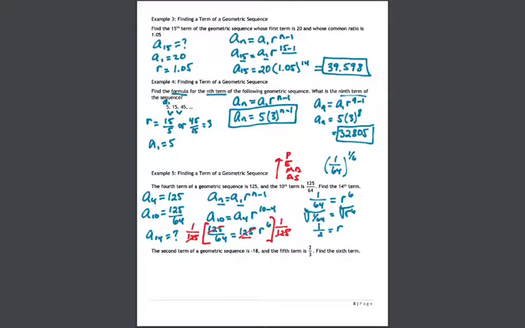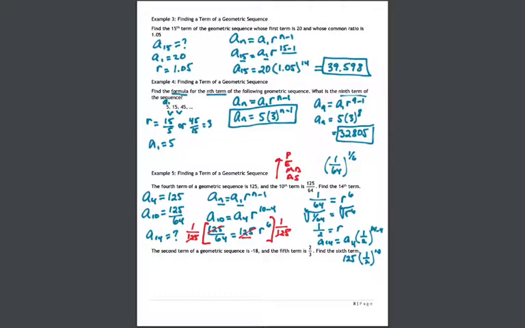So I don't know where I'm going to write this, but let's see. To find the 14th term, we're going to take the first term, multiply that by that r value, which is 1/2. I'm sorry, I can't use the first term. I don't have it, so I'm going to use the 4th term. Sorry about that. So then my exponent is going to be 14 minus 4. So our 14th term is 125 times 1/2 to the 10th power. So when I type that in,